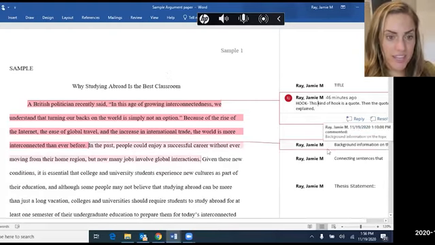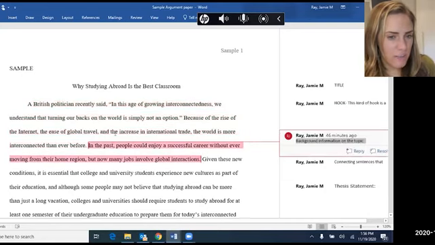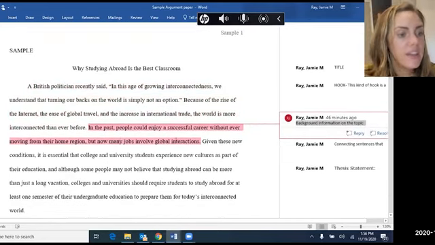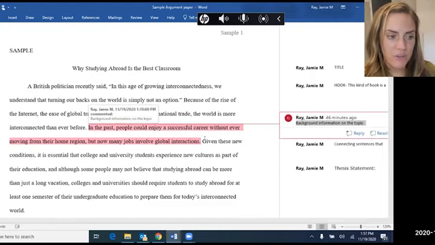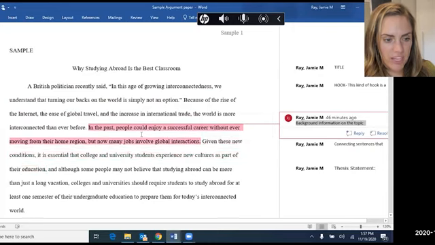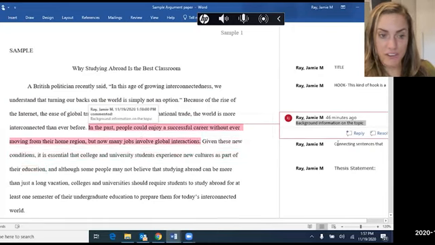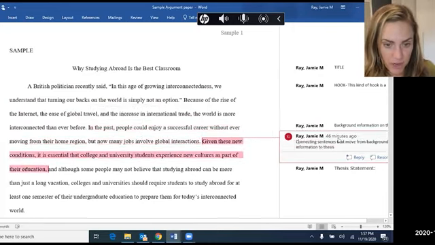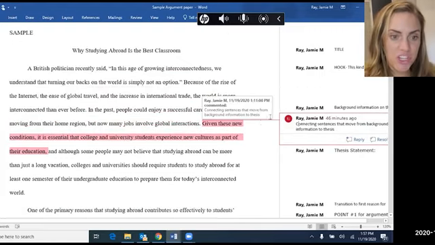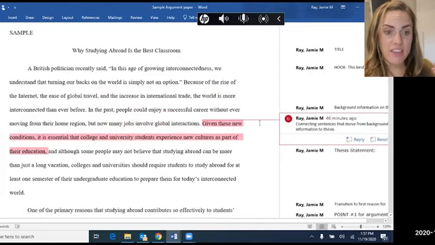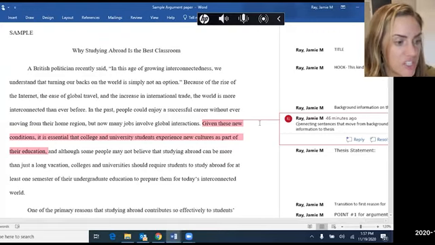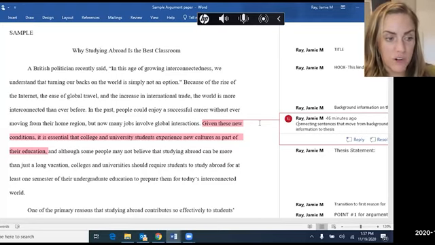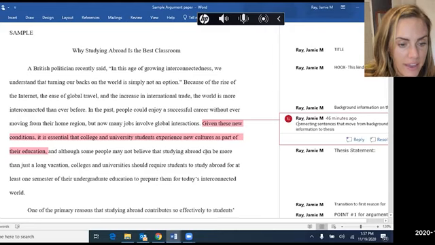Okay, so then after the hook, you give some background information, which is happening here. "In the past, people could enjoy a successful career without ever moving from their home region, but many jobs involve global interactions." Okay, and the next part is connecting information that connects the background information to the thesis. "So given these new conditions, it is essential that college and university students experience new cultures as part of their education." Next part